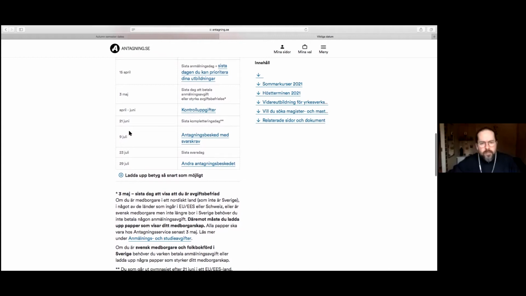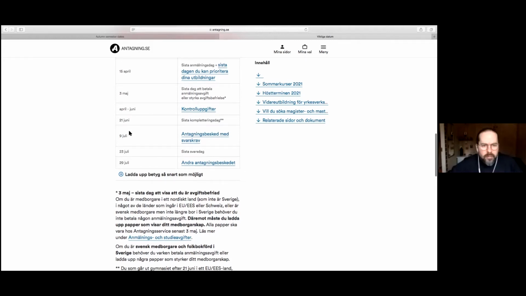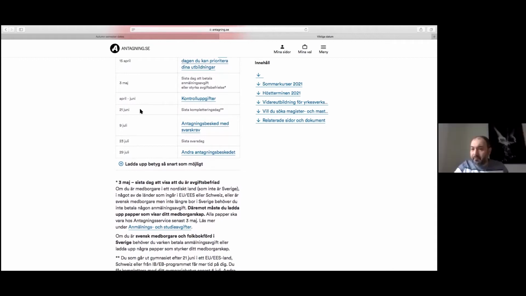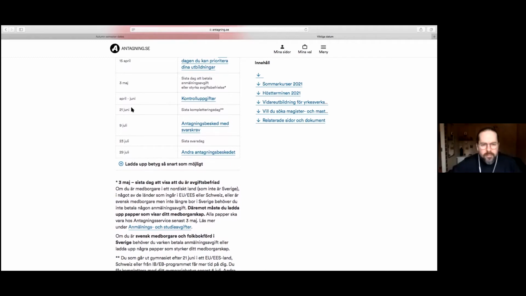By showing your passport. So 21st of June is the final day to send in complementary documents. If there's something missing from your application and they request other documents, 21st of June is the final